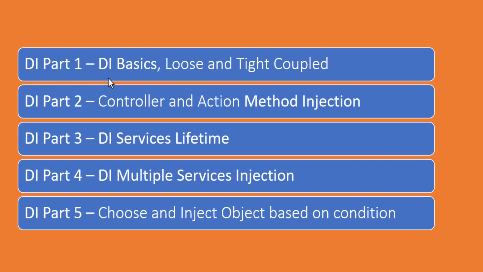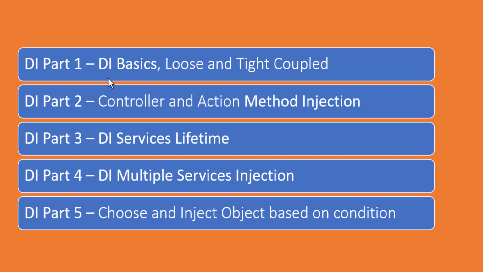In part two, I'm gonna explain what is controller and action method injection, basically the way of injection. In part 3, I am going to explain dependency injection services lifetime, which is provided by the .NET framework. In part 4, we are going to understand DI multiple service injection, meaning if we want to inject more than one service at a time for the same type,